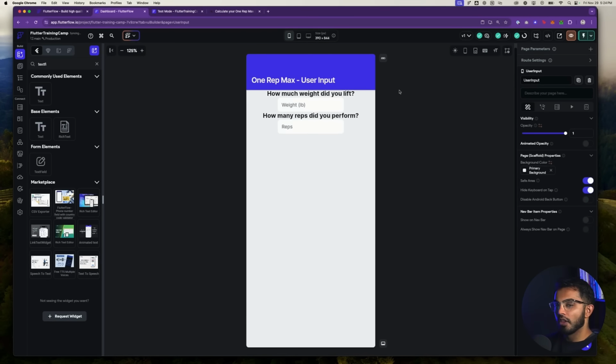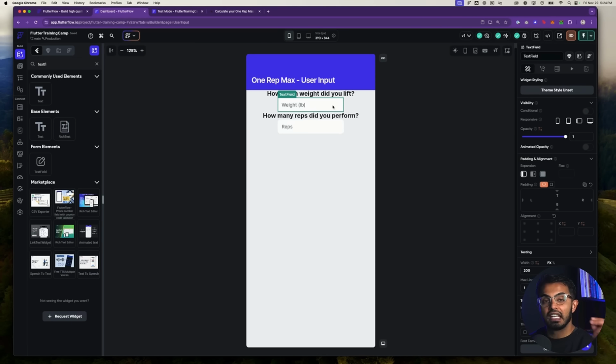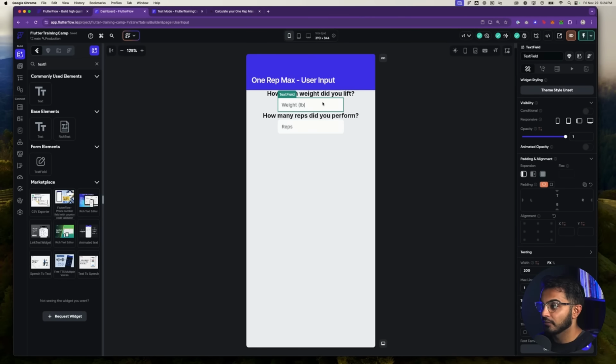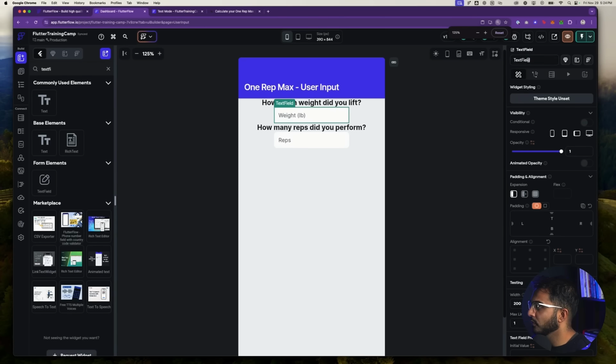Beautiful. One thing I haven't taught you yet is how to name your widgets in FlutterFlow. This is really important because as you start working with the user input, you need to know where the input came from. So click on any one widget. We'll start with this weight widget here. And notice when you click on it, it says text field at the top. Well, text field is the type of widget, but it's actually the default name of the widget here at the top right. So if I zoom in just a bit more, I can actually change this widget name to be a name that represents that widget.